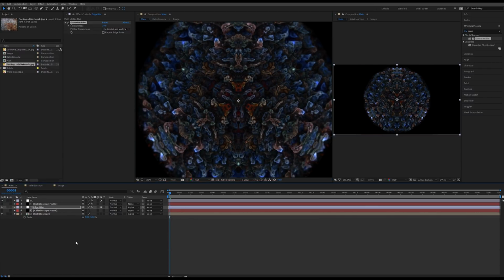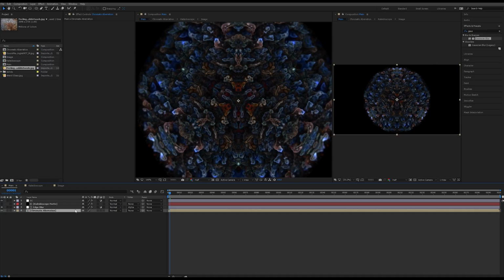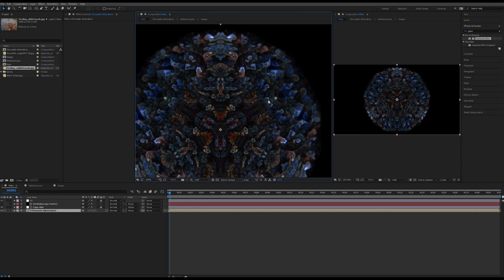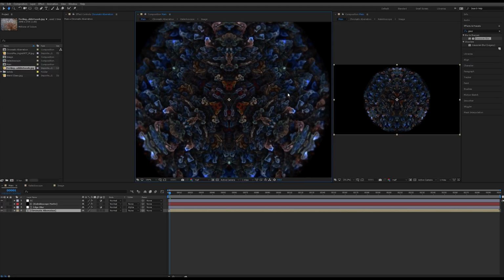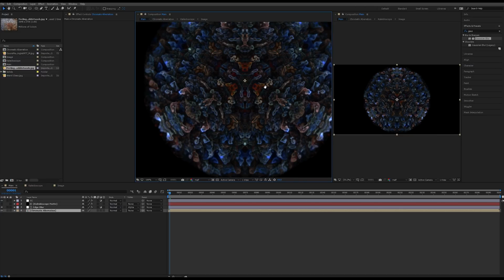Okay, for the last thing, save this, and then I'm going to select just the kaleidoscope and the kaleidoscope matte, and then I'm going to do Control-Shift-C, and I'm actually going to call this chromatic aberration, although it's just a combination of the kaleidoscope aberration. So chromatic aberration is that kind of red, green, blue shifting that occurs with certain lenses, and it's an overused effect for sure, but just a slight amount of it is kind of cool, especially with lower end kaleidoscopes. You're probably going to get a little bit of fringing on the sides.